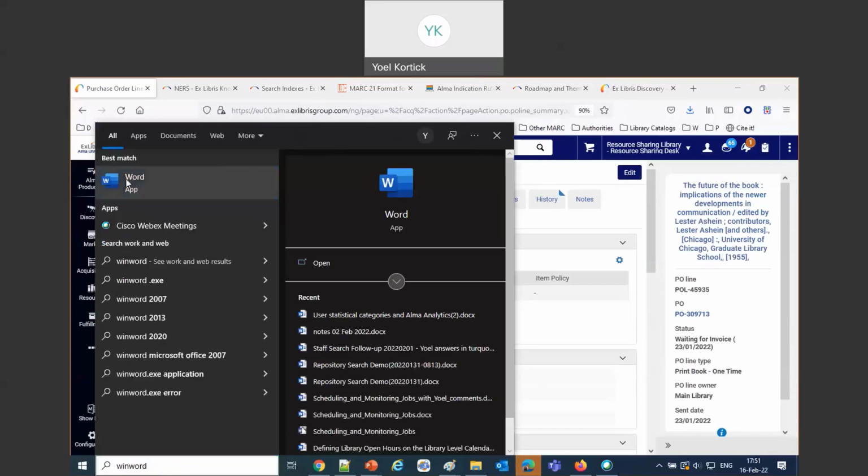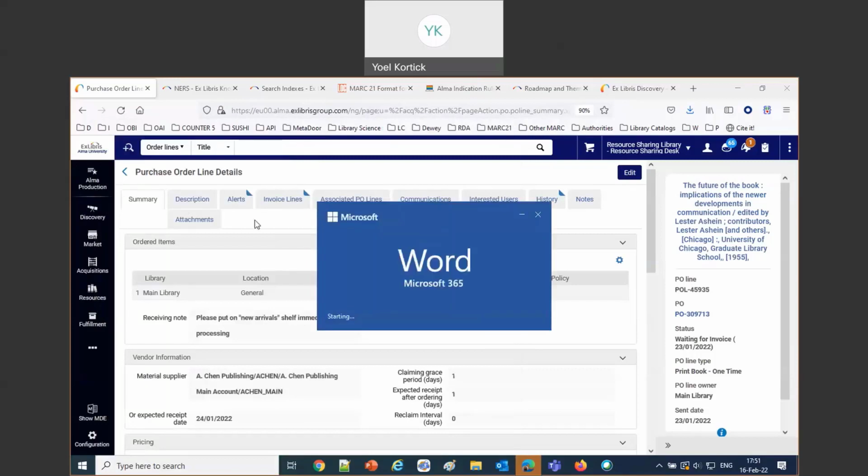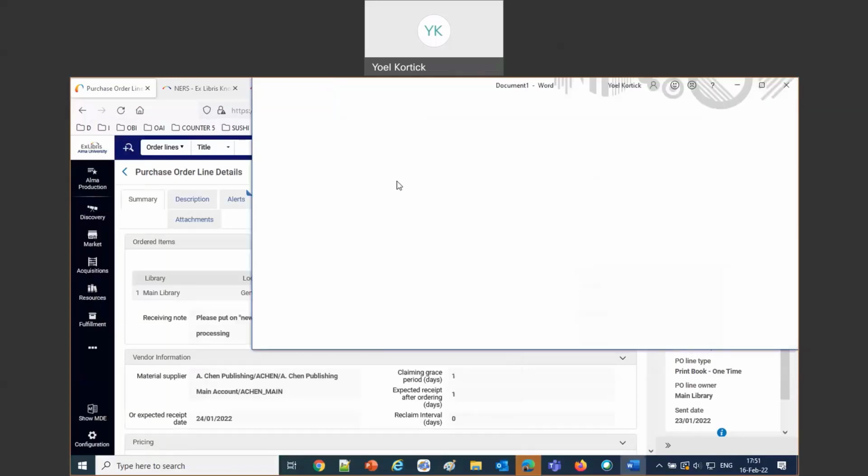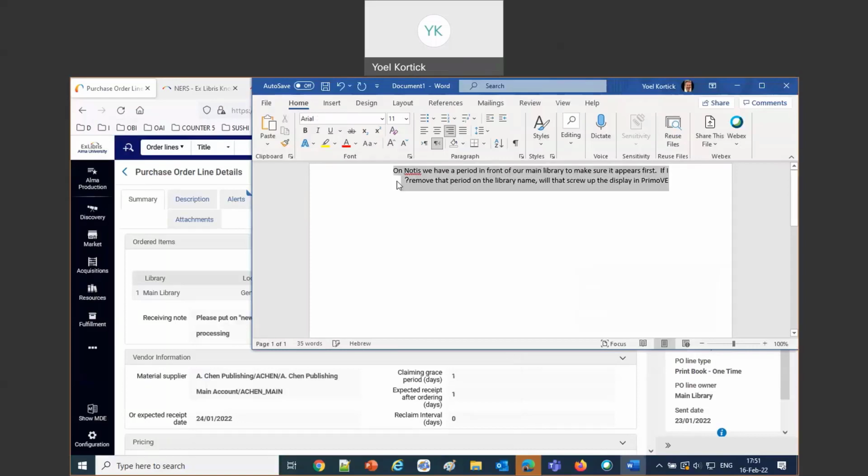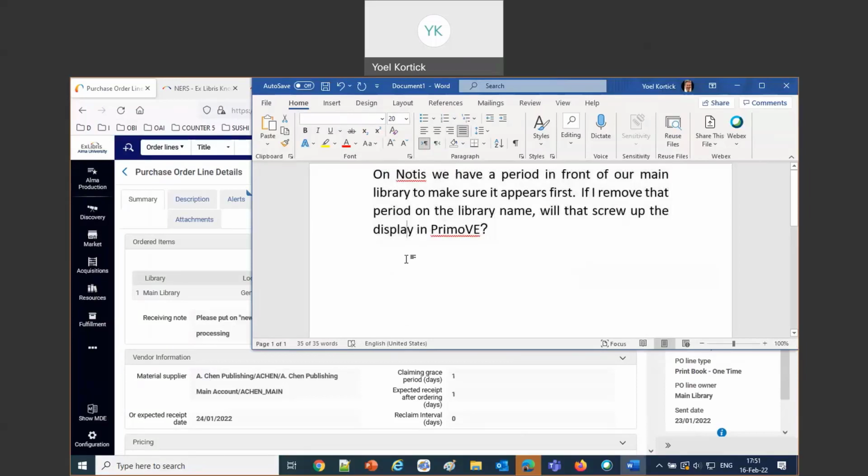I just want to put it here because sometimes when I read a longer question, it's hard for people to follow. And I've got to change my default right to left justification. There we go. Okay, so someone says, let's make that a little larger. A notice, we have a period in front of our main library to make sure it appears first. Yeah, that's a classic legacy system trick. Some people would use the caret sign, the thing above the 6, because that also usually sorts at the beginning. If I remove that period on the display name, will that mess up